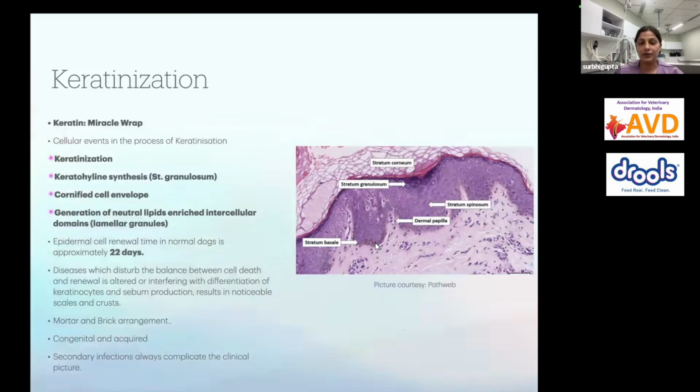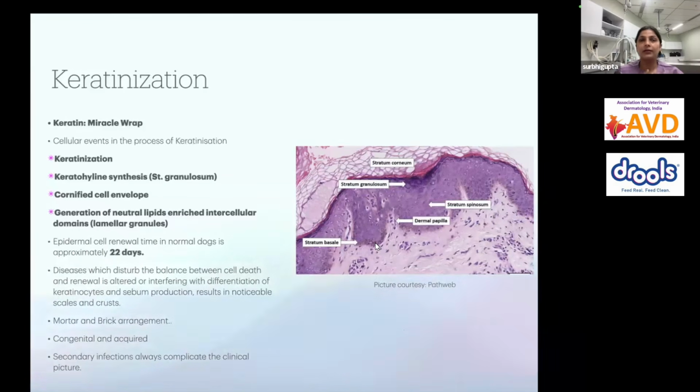But if anything happens, as in if there is a deficiency, if there is a genetic problem in the skin, or this keratinization process is affected, that is, the production and the removal of the layer is affected, then in that case you are going to see visible scales, which we call a scaly condition, or the dandruff which is coming on the dogs or cats. Okay, so these four steps: first is the actual keratin, the keratin protein which forms, and this